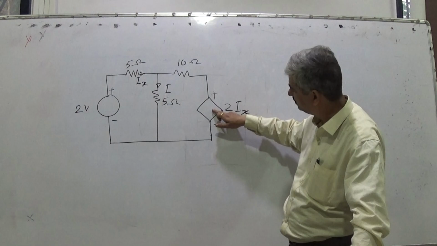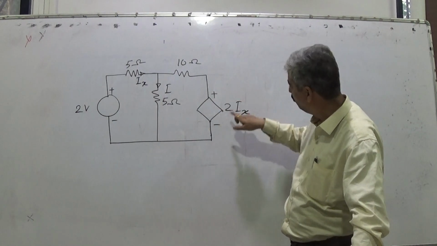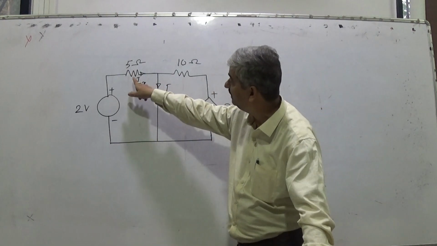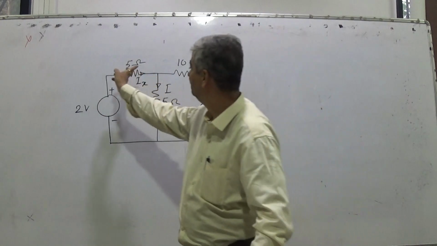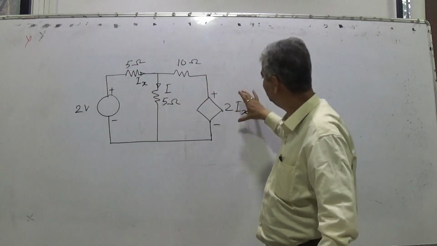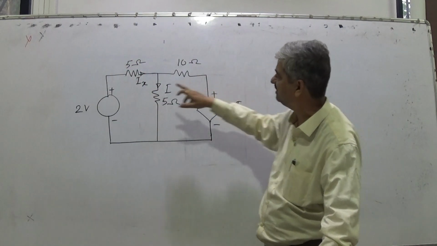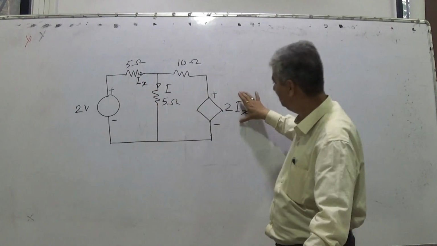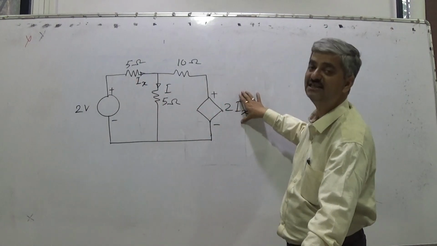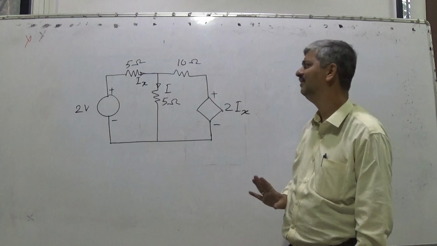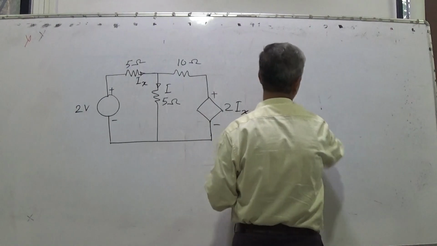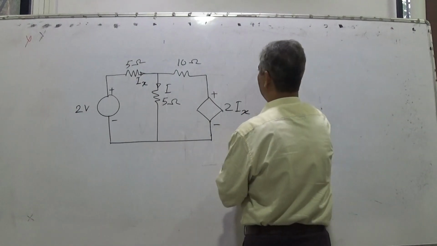It is a dependent source. It is a dependent voltage source whose voltage depends on 2 times Ix, and the direction of current is also shown. Means whatever amount of current Ix is flowing in this direction, this would be the voltage. If this Ix works out to be 1 ampere, then this will work out to be 2 volts. If this Ix works out to be 3 amperes, this would be a 6 volt voltage source. So there is nothing different. You can solve it just by common sense. High school level scholarship problem. I will give one more problem also.